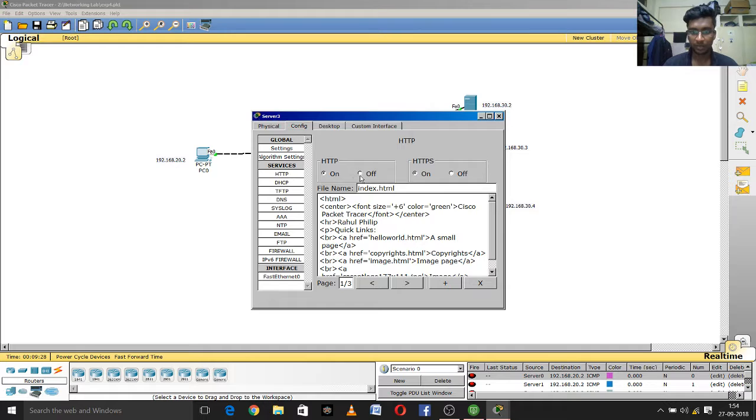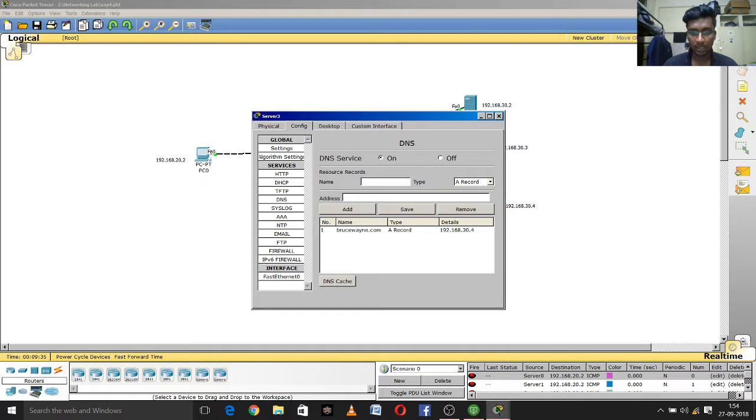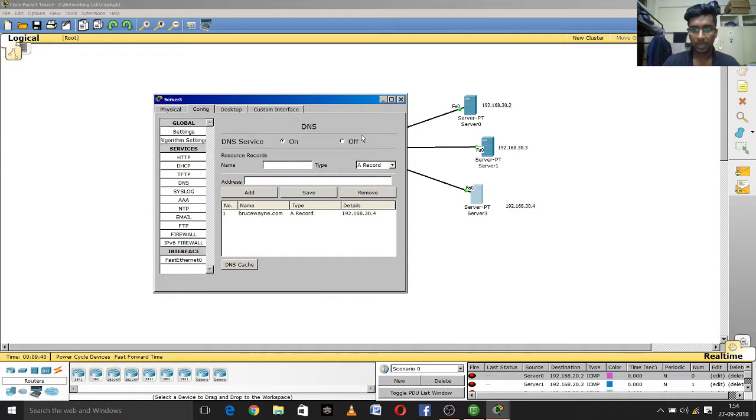Here I go into config, and I have inserted my name in the code, and in the DNS, once I turn it on, again I add. So in this case, what I will be doing is I will add all the other servers, name darknight.com with the IP address of 192.168.30.2,